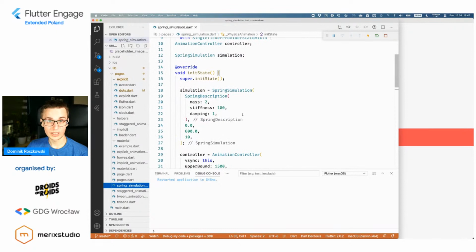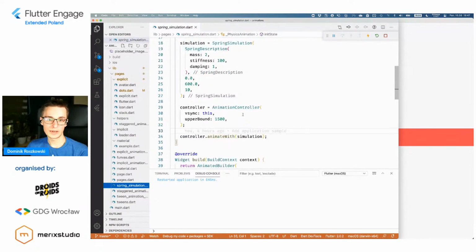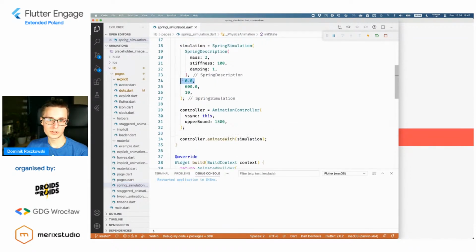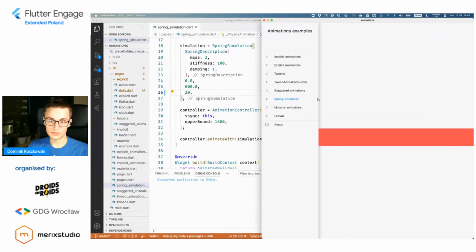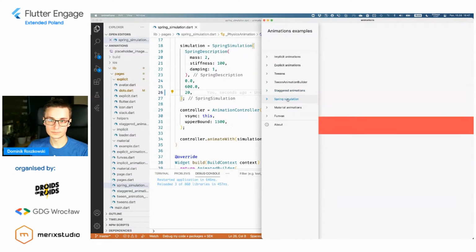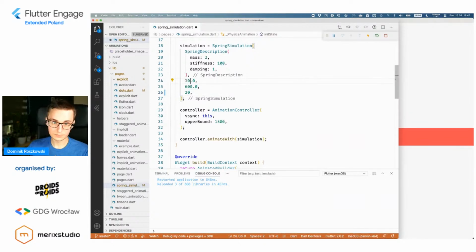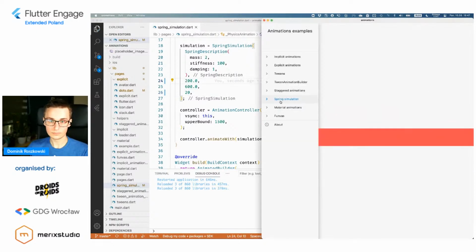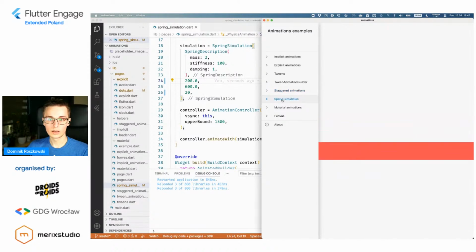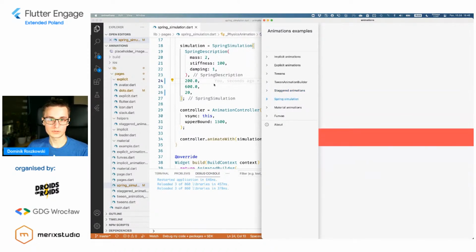This is very simple. You can just make some button and make the button wobble around in your application very easily. And again, my initial position is 0, my end position is 600, and my initial velocity, so if I would make this, let's say 20, it would move a bit faster, and it would go a bit further. If I would make this different, then the spring would go some different way.